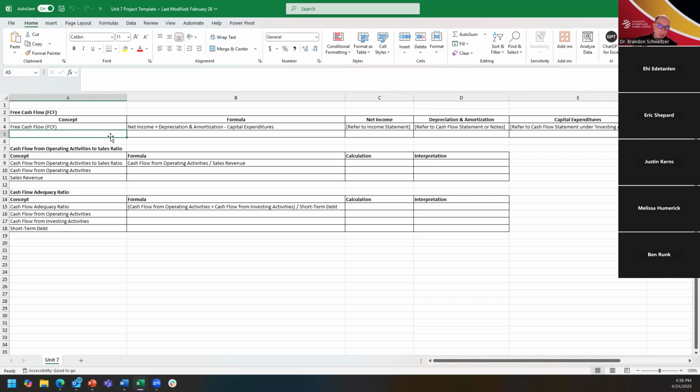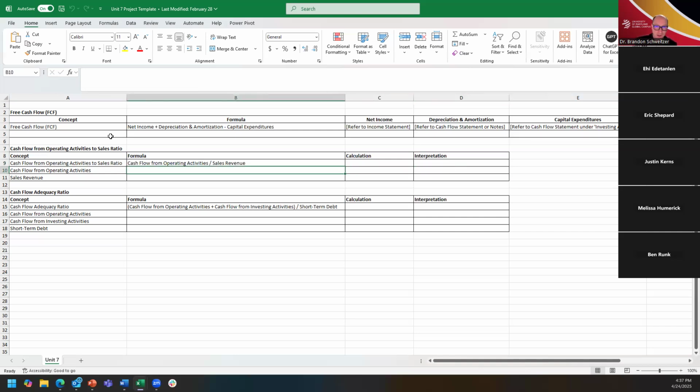The second task we see here is related to cash flow from our operating activities to our sales ratio. And the way that we compute that is we take our net cash flow from operating activities and we divide by total sales or your sales revenue. Depends on what your company calls it, but it'll be there. And so with that, I want you to make your calculation. And then I'd also like you to interpret what that calculation means for the company. Now, the cash flow from operating activities to sales ratio is extremely helpful because X, Y, and Z. I want you to explain